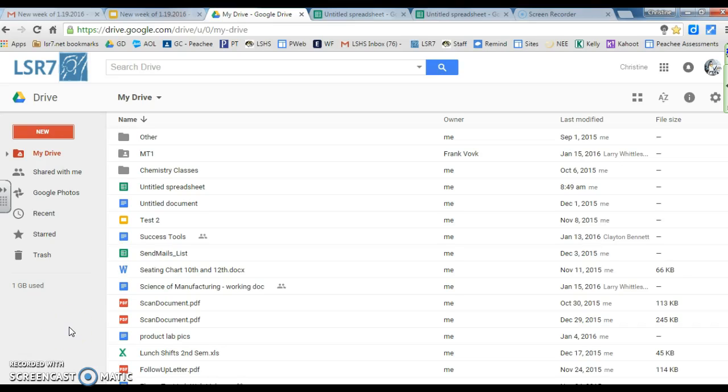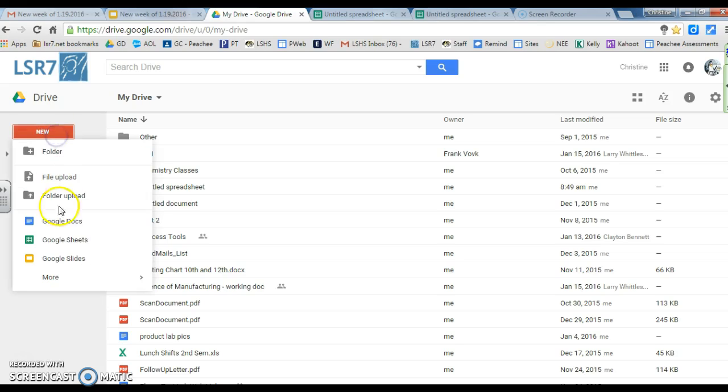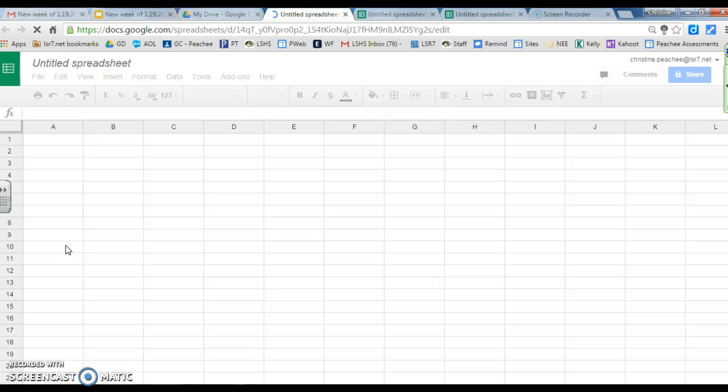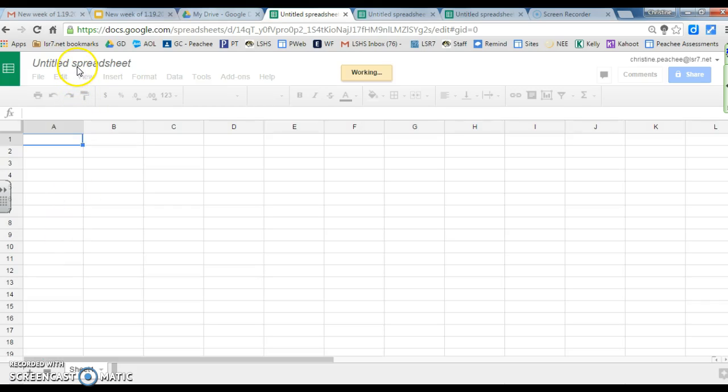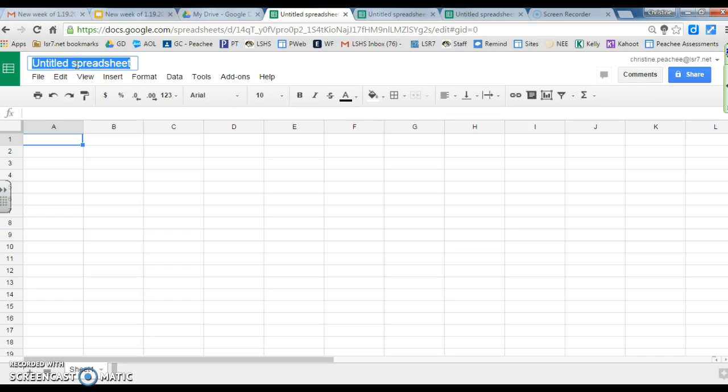Okay, here's how we're going to set up our spreadsheets to save us time on graphing and calculations. You will go to your Google Drive and hit New, Google Sheets. A Google spreadsheet will open. In the untitled spreadsheet box, click on that and rename this as reaction order